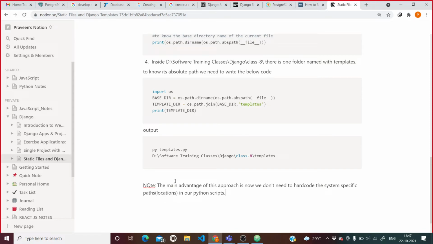Otherwise our program will be dependent on the type of operating system.